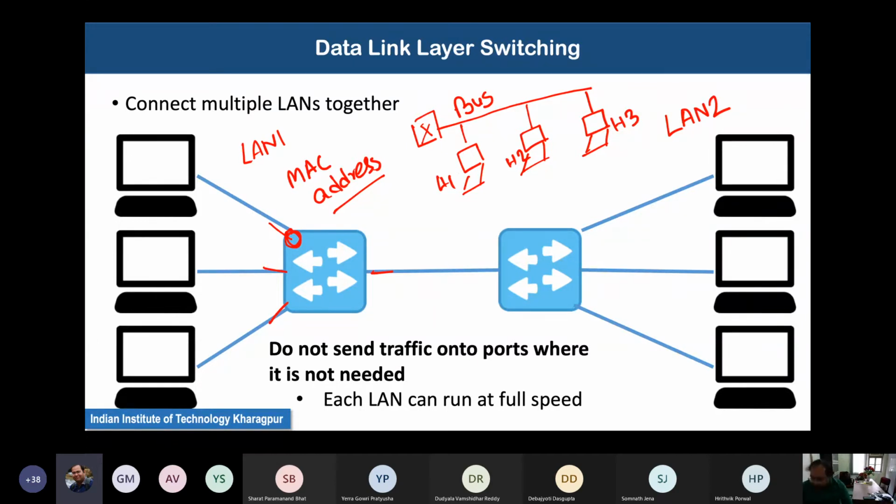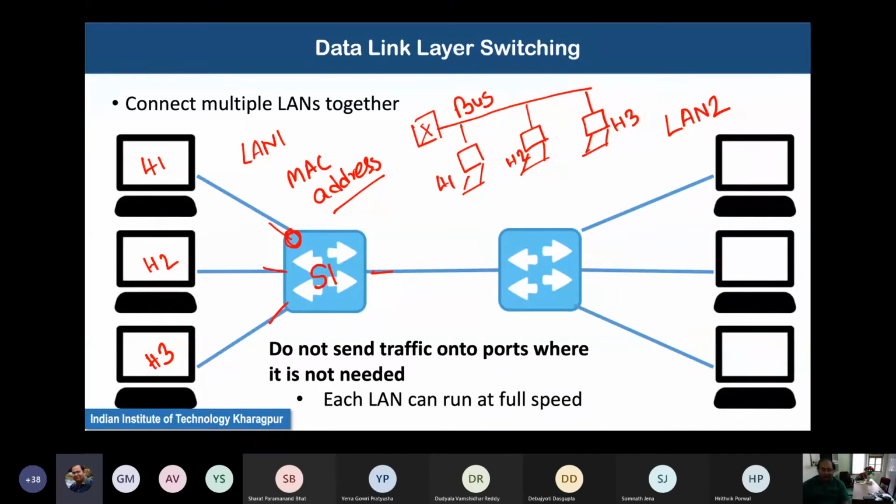For example, here I have 3 devices, H1, H2, and H3. Whenever you broadcast something to this switch from H1 using a broadcast MAC address, H1, H2, and H3 will all receive that particular frame.